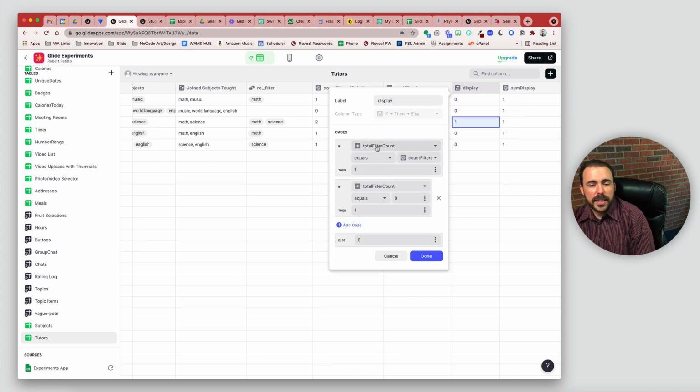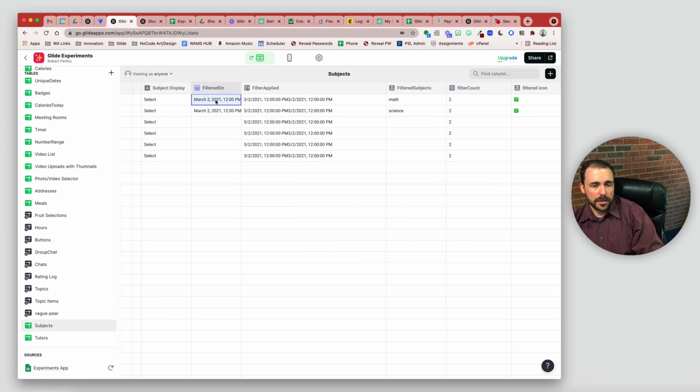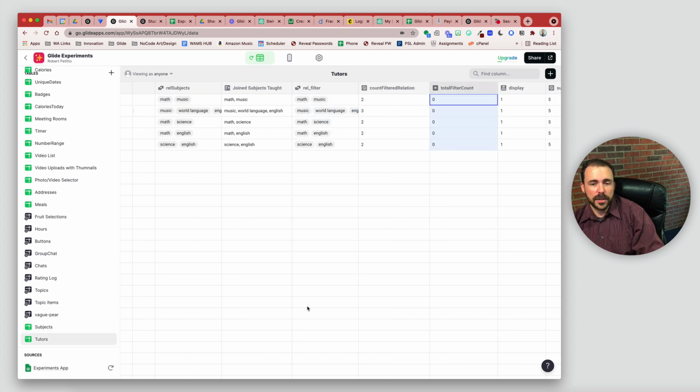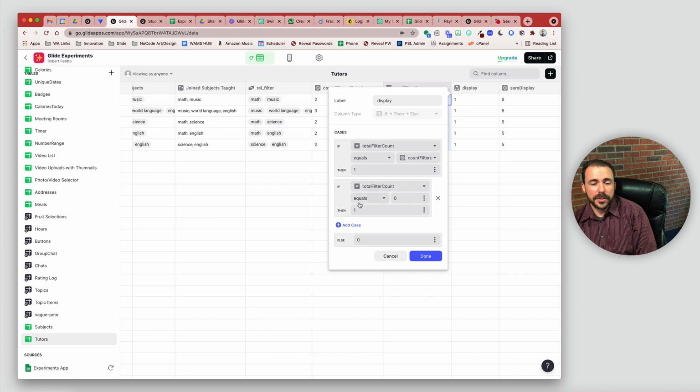All right, so we're looking to see, does it equal? Okay, the next thing I'm searching for, but what if I don't have any filters in here? So in this case, my filtered count is 0, right? And this is not going to equal 0. So the next thing I had to determine, okay, well, if I'm not filtering by anything, then this total filter count's going to be 0, in which case I want to show everything, right? So I have here, if the total filter count equals 0, then also display a 1,